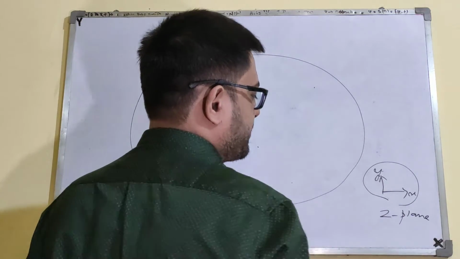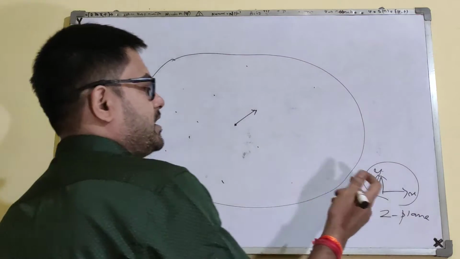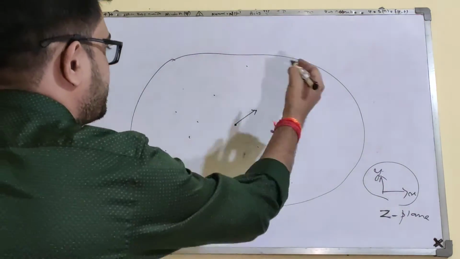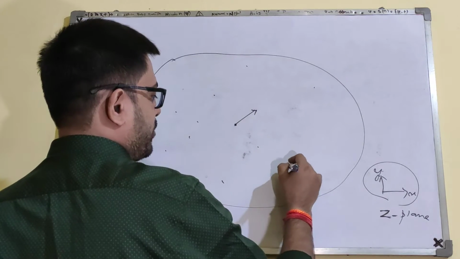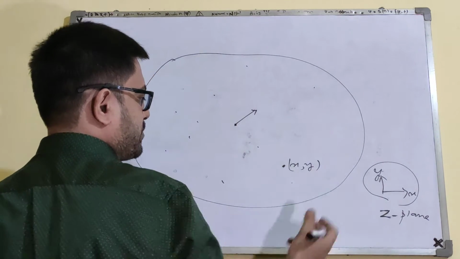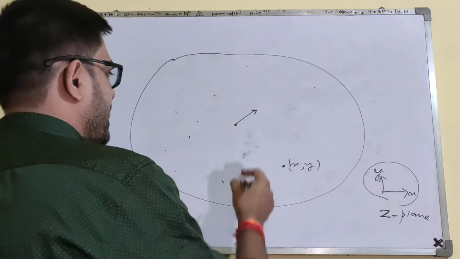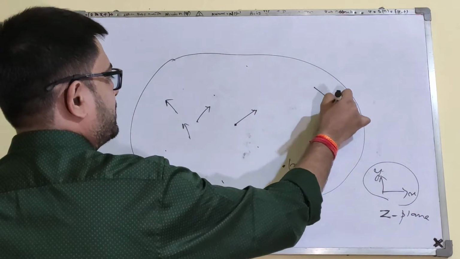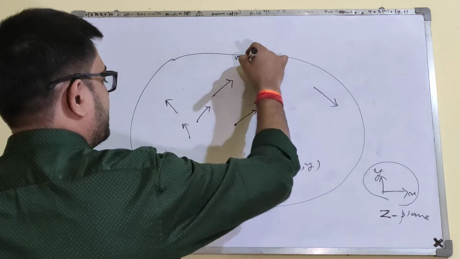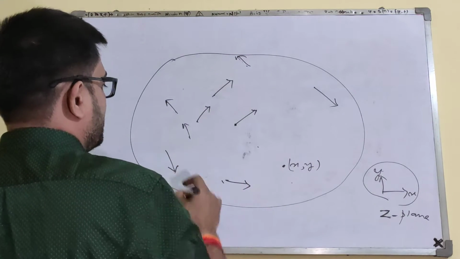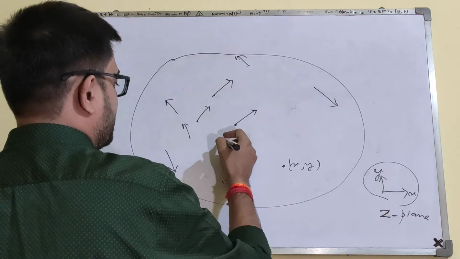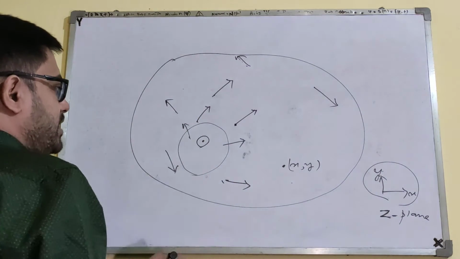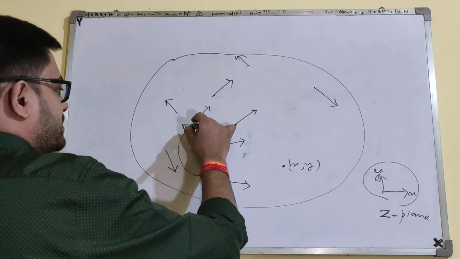Okay, because every plane is easily denoted by the normal to the plane. So in the z plane, each point will have a coordinate xy. Any point I take will have two coordinates, x coordinate and y coordinate, if it is a z plane. And at any point there is a vector defined by my vector field. Now if I take this particular point, in its immediate neighborhood there will again be vectors.